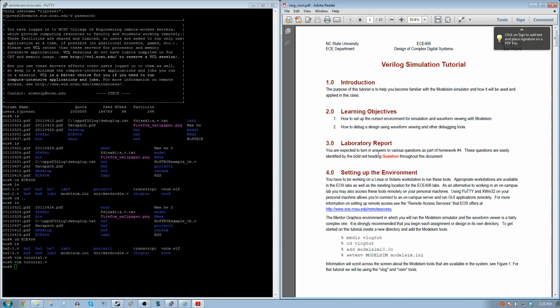Alright, so that is essentially all you need to know about PuTTY, about Expand Drive, all you need to know about Vim, the in-text editor, and I guess really the last thing I need to go